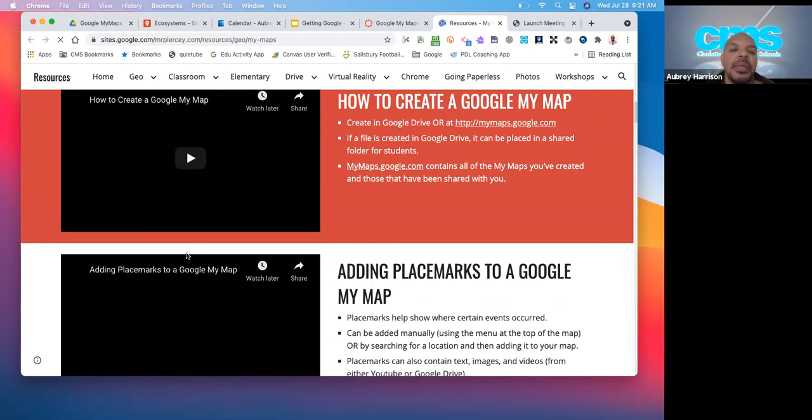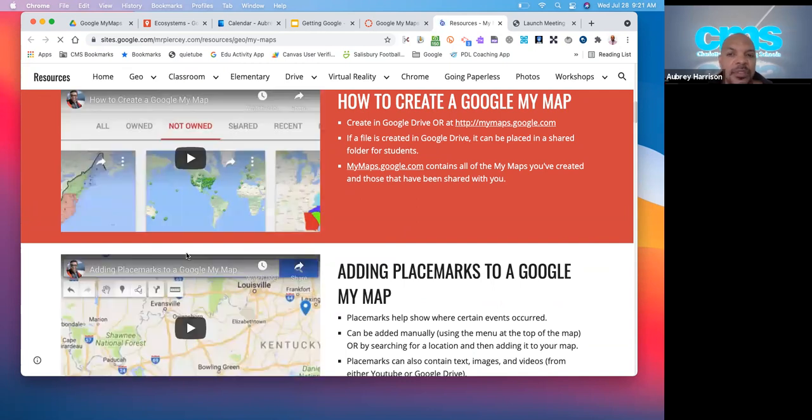Just to give you some examples, I've talked to several different teachers and worked with them on different projects they've done using My Maps. We've done some really basic things at the beginning of the school year, where people use Google My Maps as their introduction. So instead of doing the activity where maybe students just come in and talk about who they are, or put items related to them in a shoebox, they might